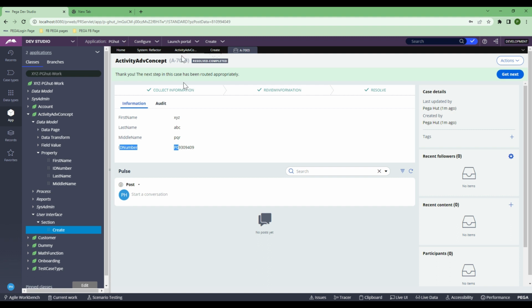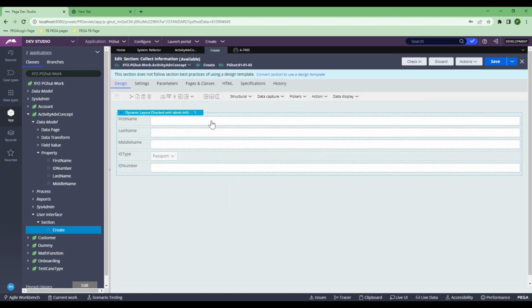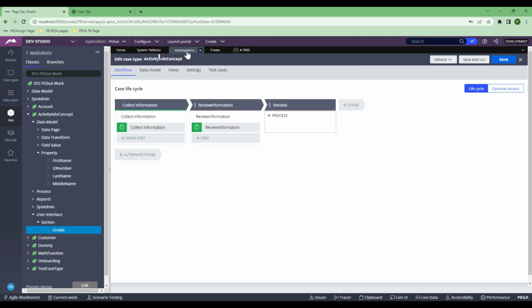Now that is in the create section, or automatically eventually it will be in the read-only mode in the review section also. So if I open my inflight cases, let's see what is happening. To open the inflight cases, what you need to do is come to the class and just click on that class. Now A701, 702, what I'm going to do is, let's say I'm opening 7002, and